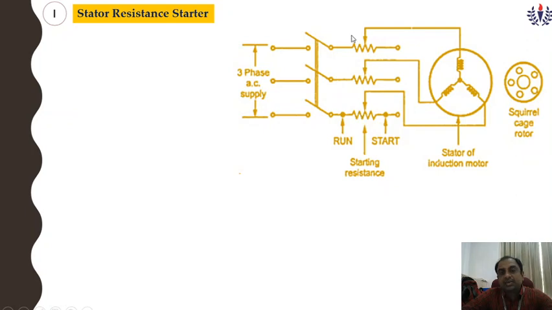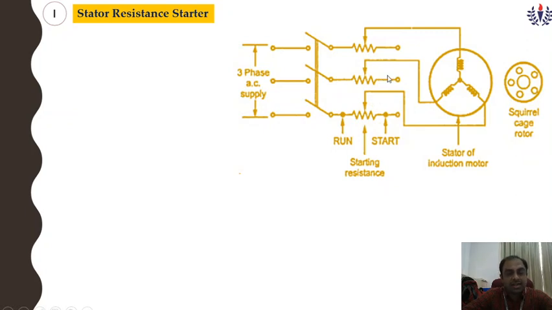In a series connection we know the current will be the same and the voltage will be different, but anyway we are applying a balanced voltage. So these balanced 3-phase resistances will be connected with the stator winding of the 3-phase induction motor. Which connection is it? Star connection. Understood? Operation: when the motor starts running, the resistance is gradually cut off.